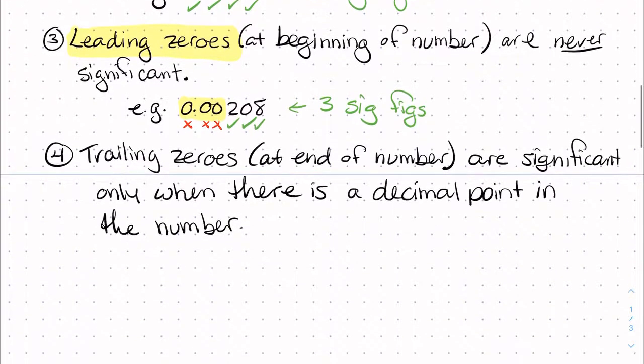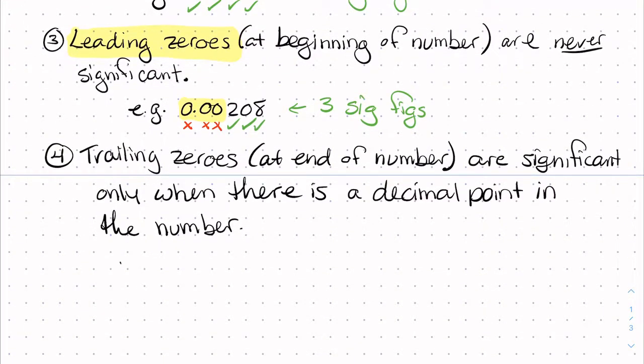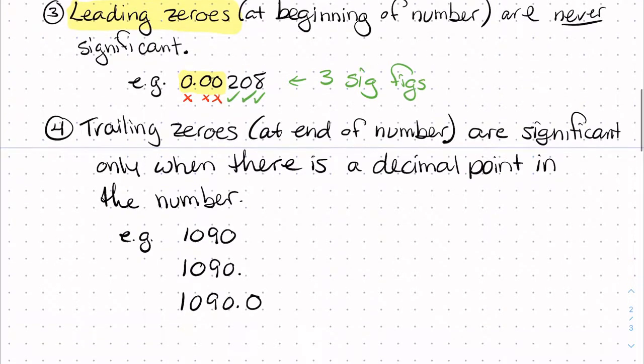So let's look at a couple examples here. We'll do 1090, 1090 with a decimal point at the end, 1090.0, and then something a little bit different,